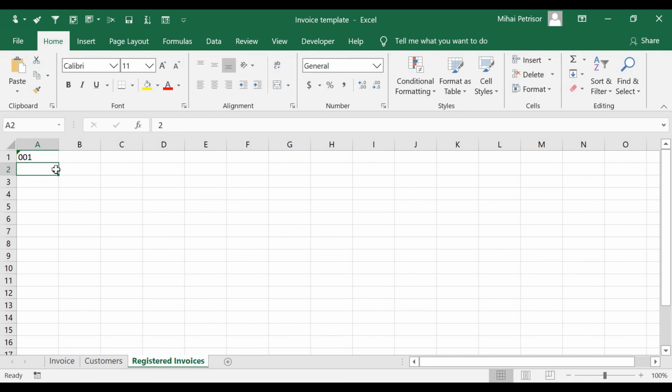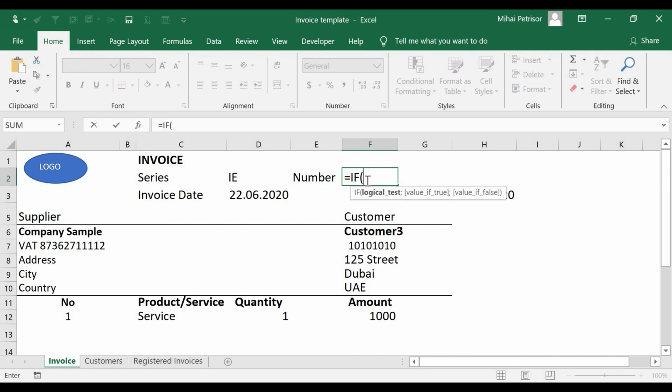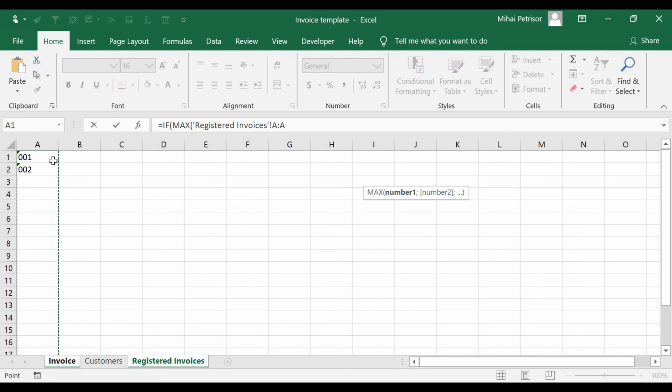002. Let's say that these invoices were issued. And now I'm going to create a formula. So let's say IF, MAX of our registered invoice column A,